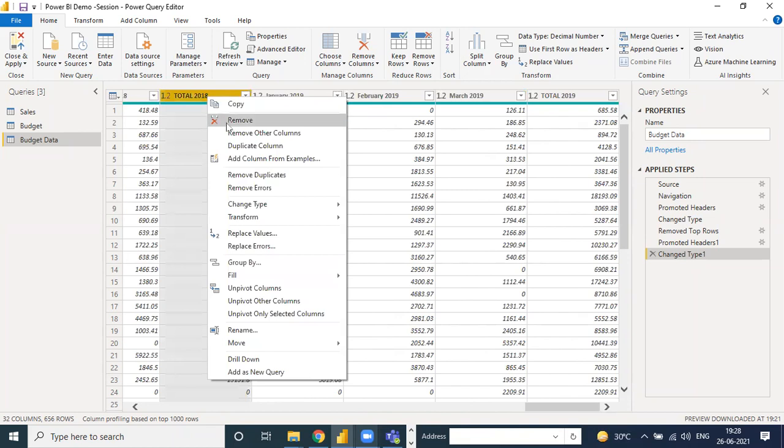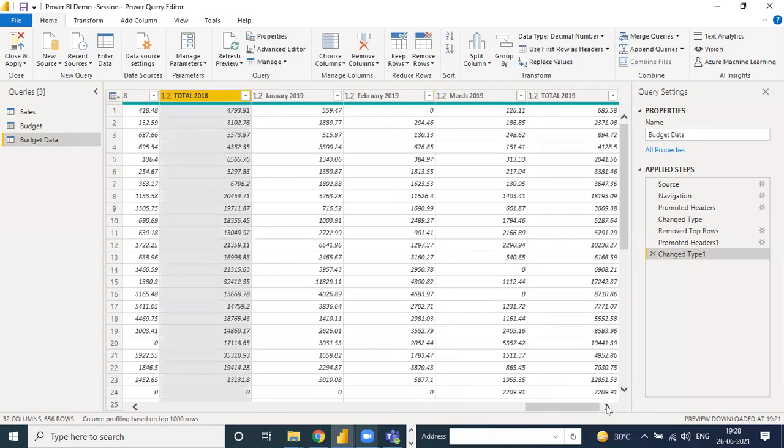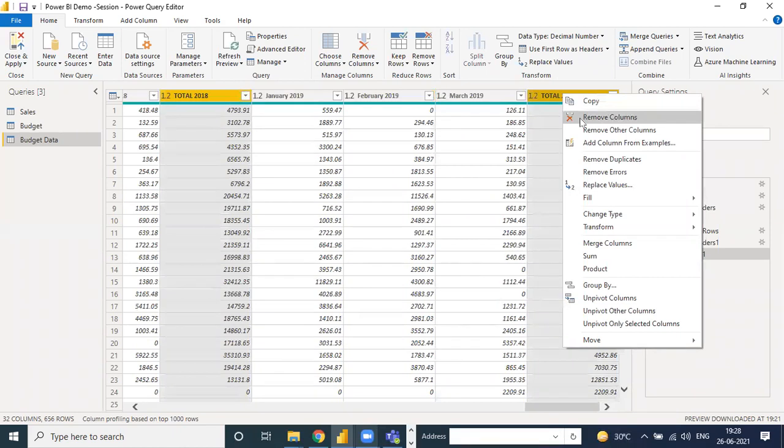Click, okay, then Control, and these are the totals of 2019. Click and remove column. If you want to remove other columns, it means the columns you have selected stay here, but the other columns are deleted.